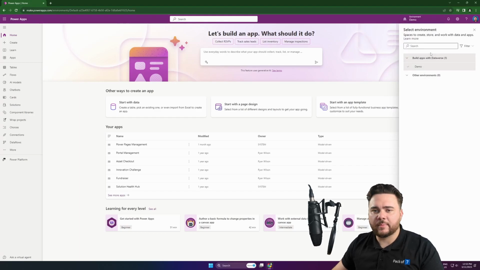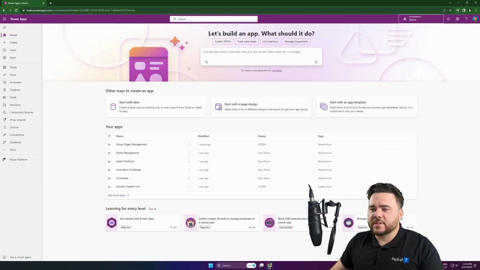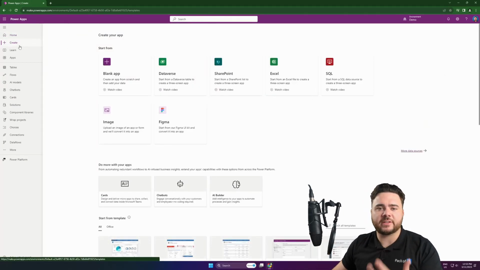So in my demo tenant, I only have one environment called demo, and this is my default environment. Now typically this will either be named default or your organization name, or if your organization has implemented some best practices, it will be called personal productivity. Now for the demo purposes of today's video, I'm going to be doing everything in this demo environment, or this default environment. So I'm going to start off by going to create, and this is where you begin creating apps